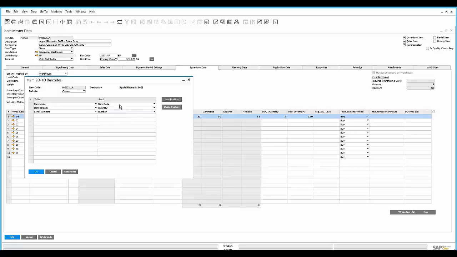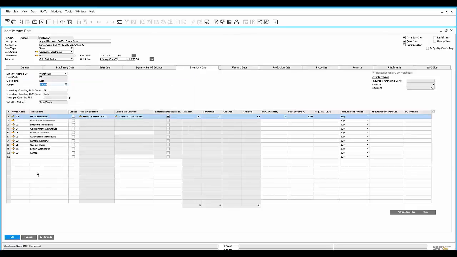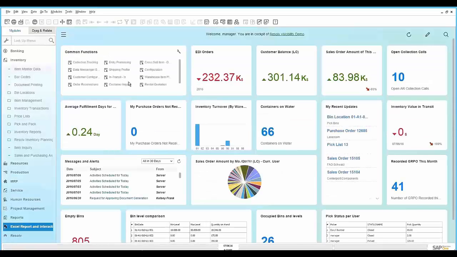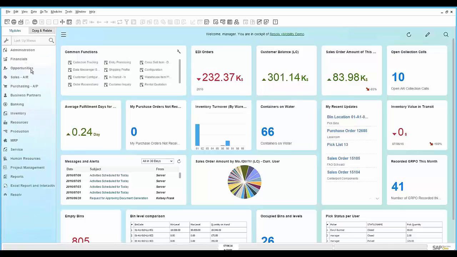So in the example that we've created, we're going to have this item number with a quantity of 20, and I need to know that I'm going to get 20 serial numbers after this barcode. If not, it rejects it as a bad barcode. If there's duplicates, it will let you know that that serial number has already been received. Again, there's additional pieces to get into related to the B1 pieces, but what I'd like to do is to